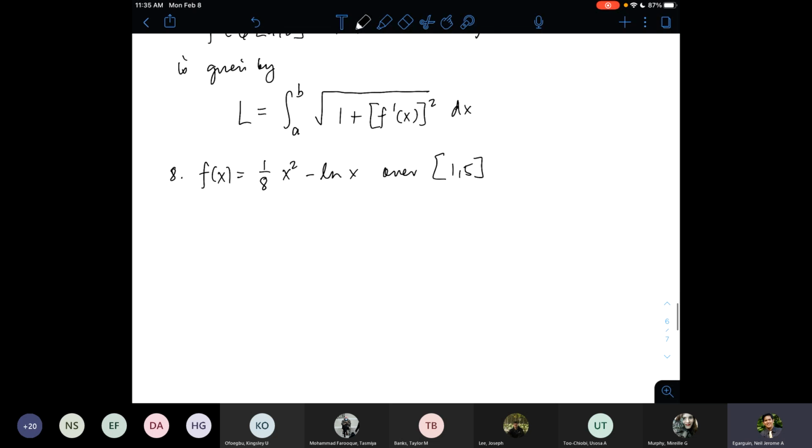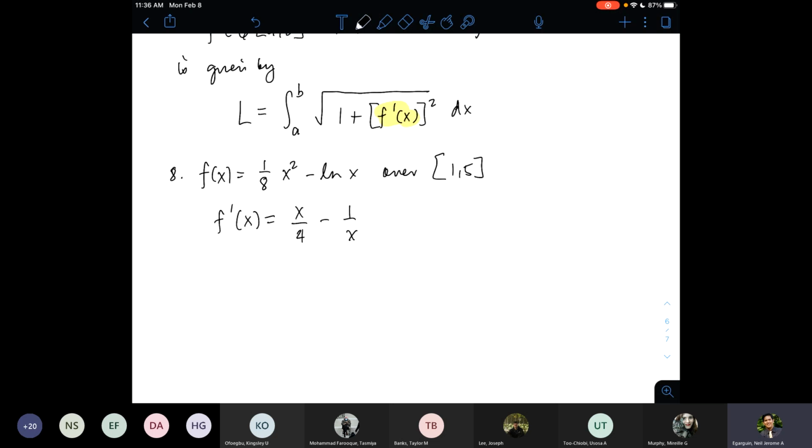Okay. All right, so looking at the formula here, it's straightforward. All you need to do is find the derivative, square it, and then put it inside a formula. So let's start by looking at f prime. I hope you still remember how to do differentiation now. Sometimes it might get confusing between derivatives and integrals. But anyway, this will be x over 4 minus 1 over x. Okay, that would be the derivative.